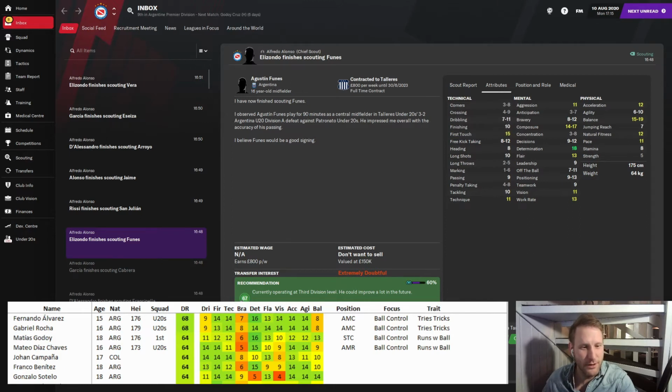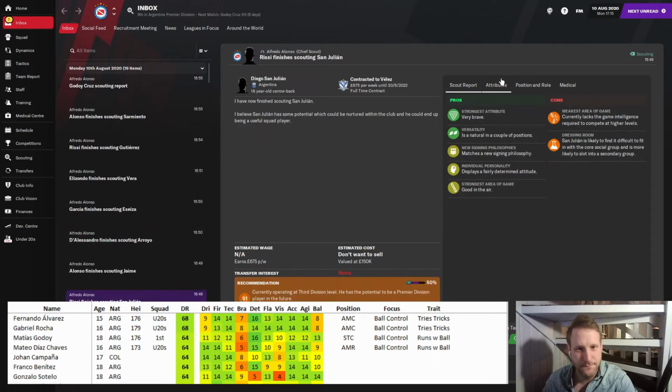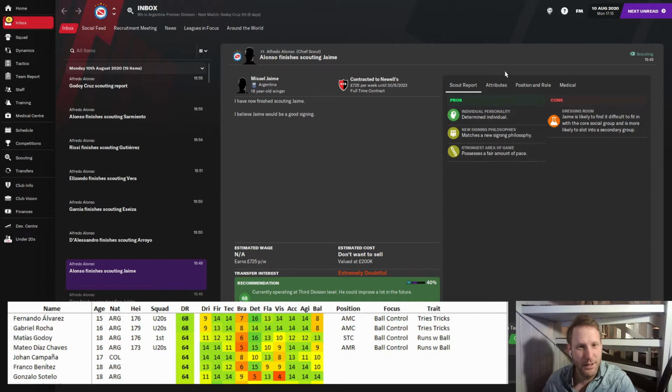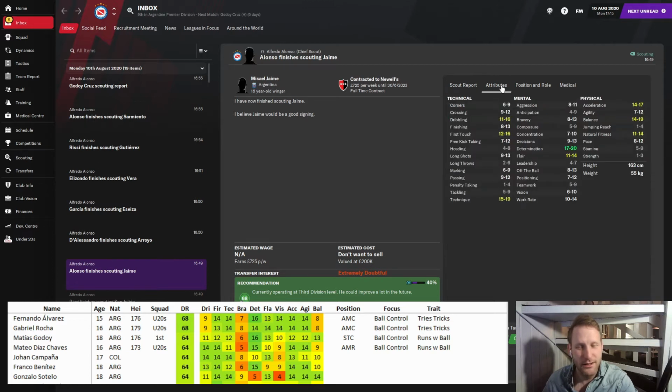So, Agustin Funes from Talleres. Let's keep scouting him. Bravery 11 to 17. Centre back with a good. Could we have a Diego Armando Maradona as a centre back? That would be a strange universe. Misael Jaime.